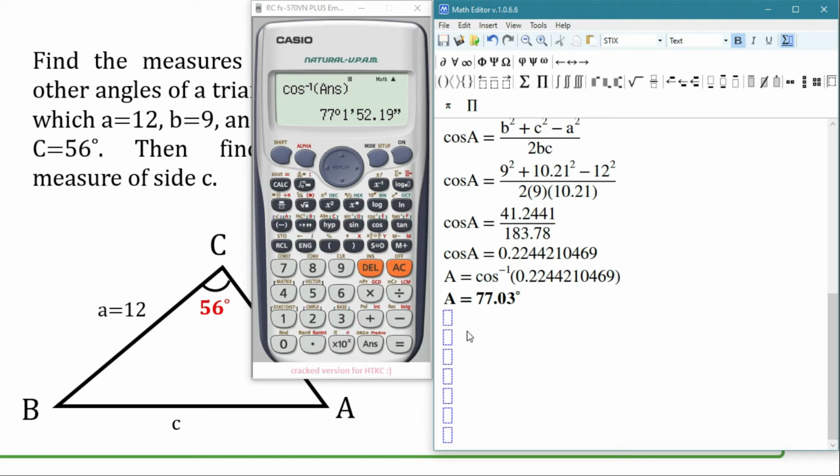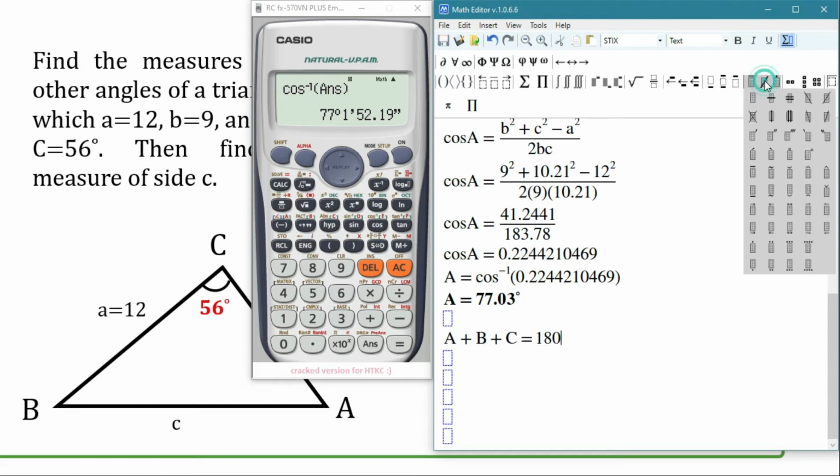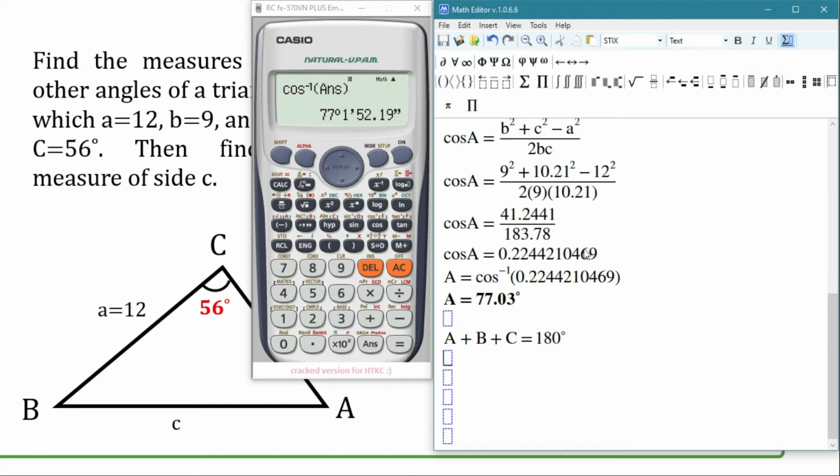So pwede natin gawin is for us to use that relationship. Just plugging in the given to our formula, that's 77.03 degrees, plus since we are looking for angle B, we'll leave B as it is, plus the angle C is 56 degrees